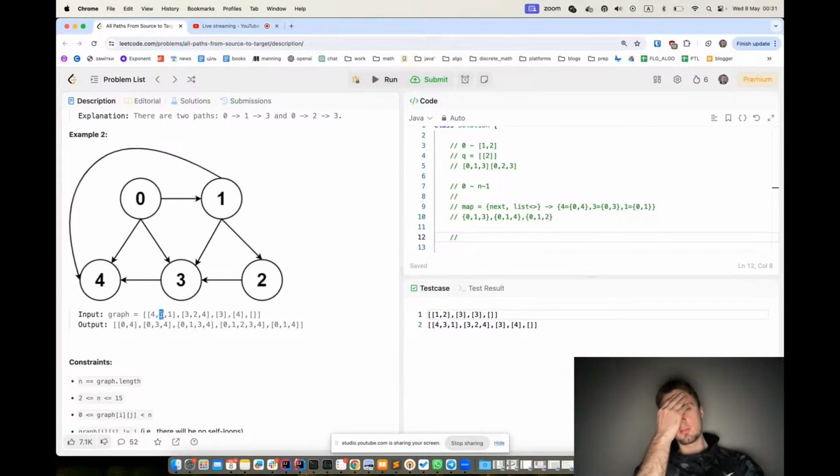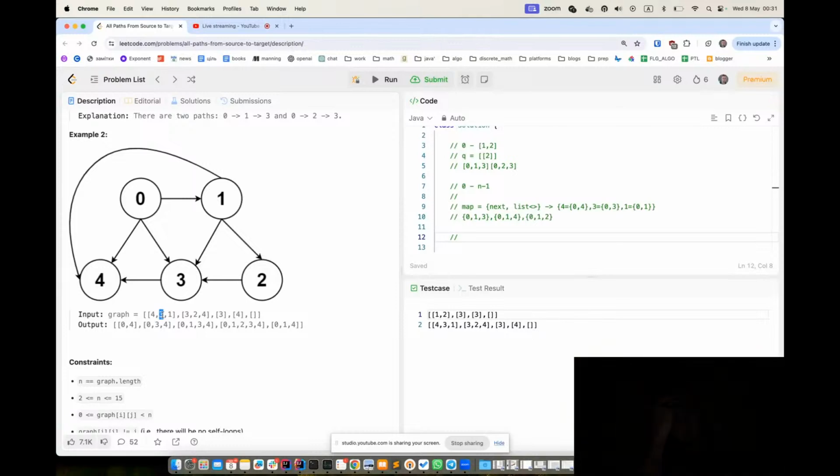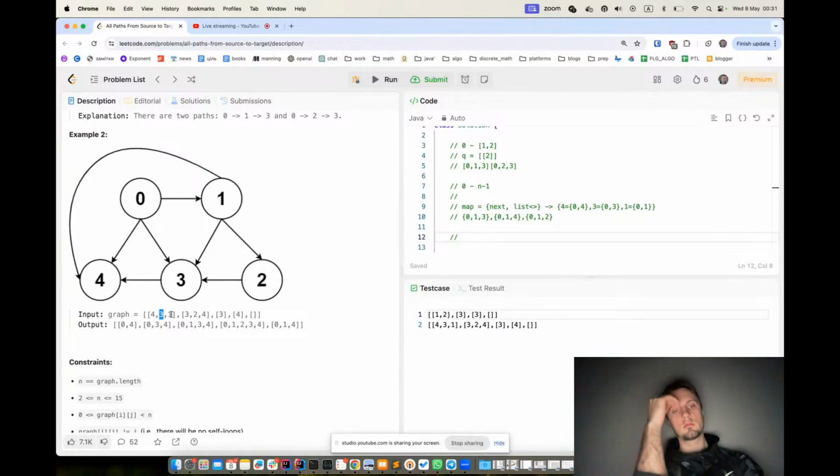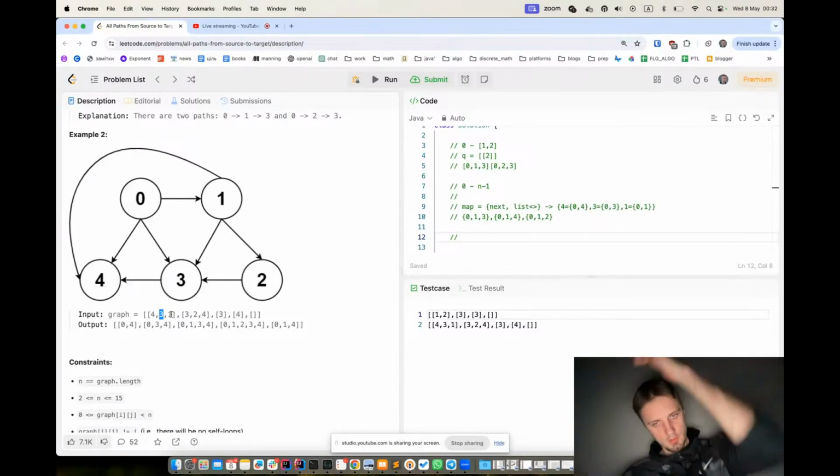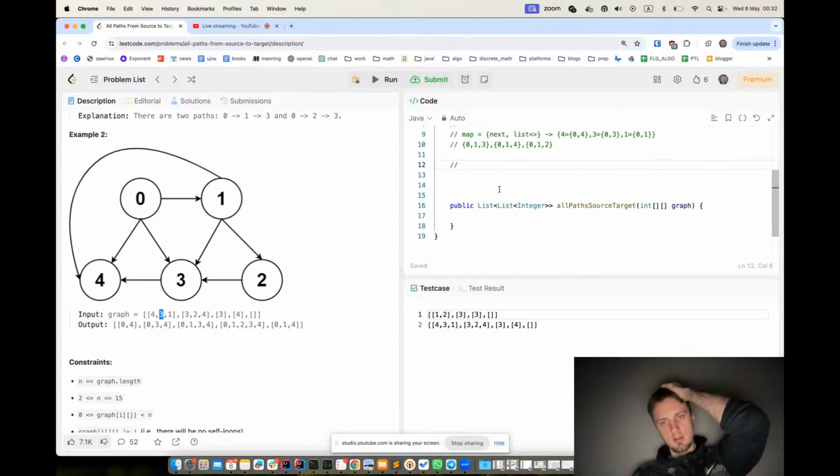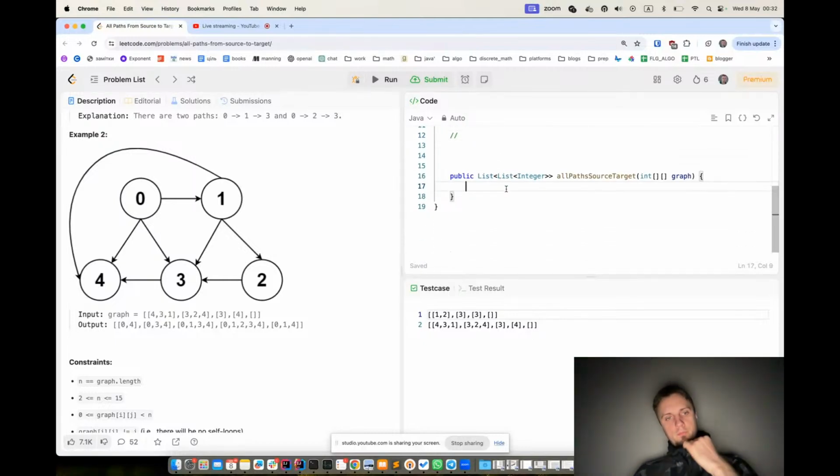Then if I have 0, 3, okay, yeah, and then I should take by 3 this element. Okay, I think I understand. So what should I do? I should